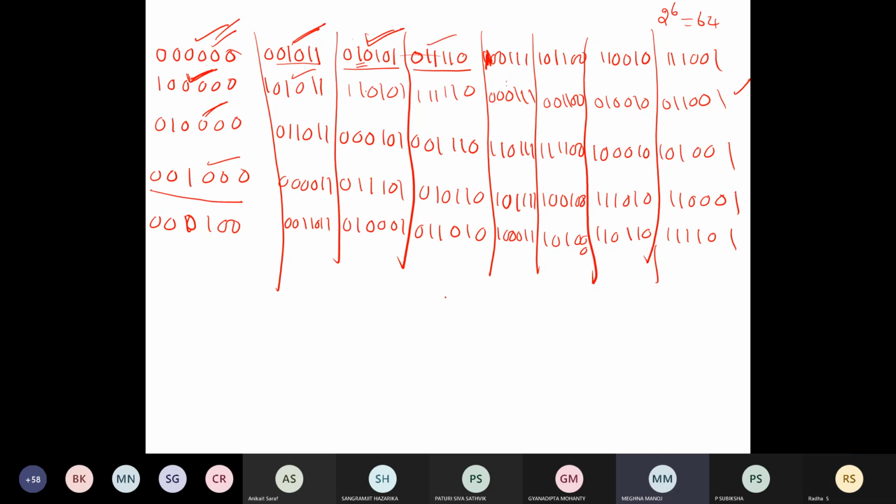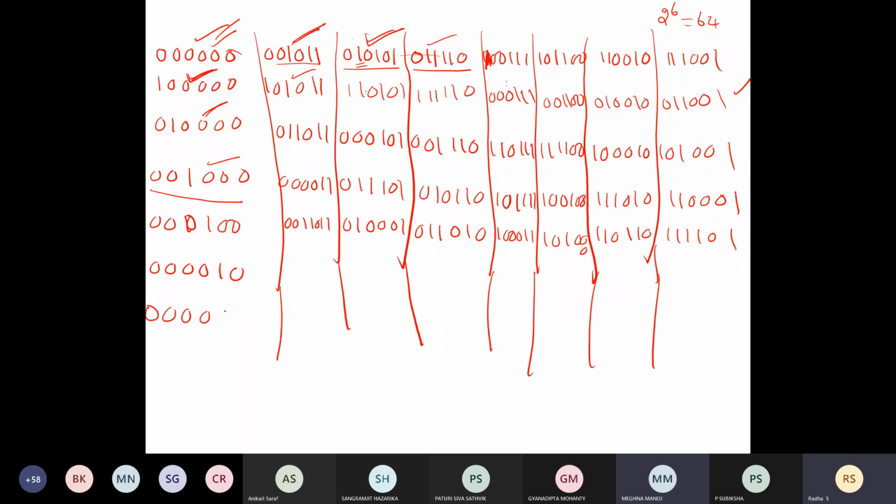Okay, well, the fourth position is over, right? Every time you will get a different set of elements here, that I ensure. Next, I am taking another element as coset leader with 1 in the 5th position. With that, I'm going to fill the table now. Then 1 in the 6th position.